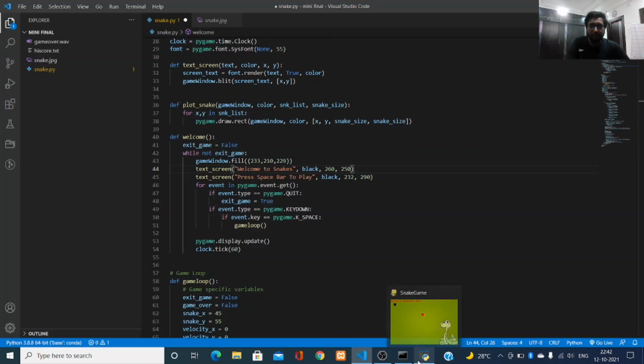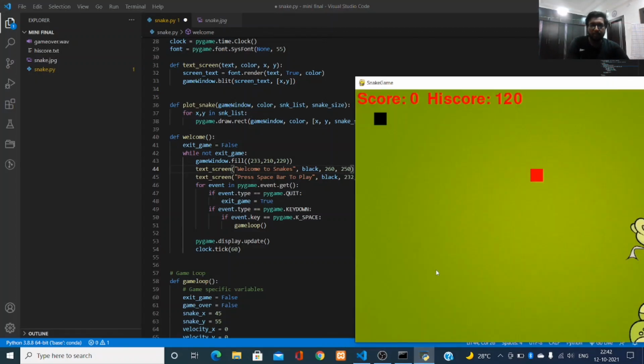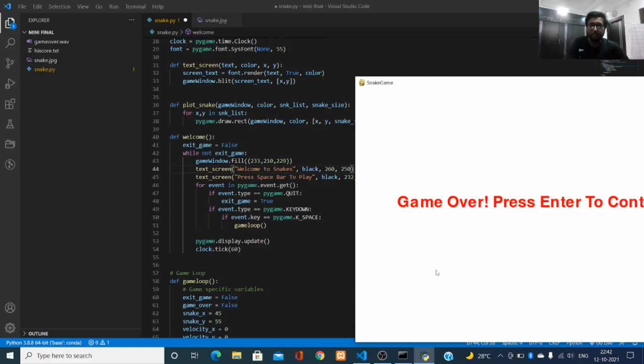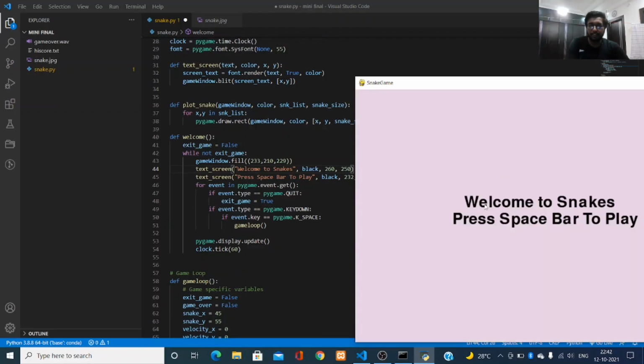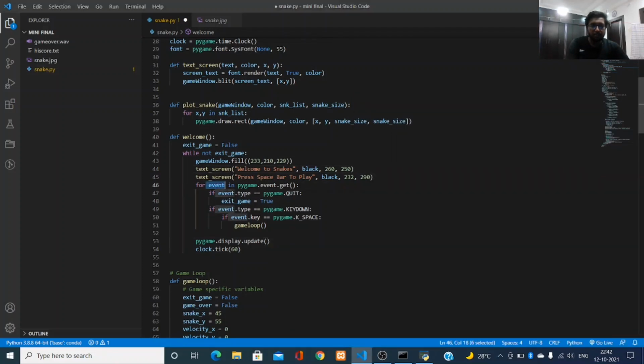It will print the text like that. Then I have used the event method. If the event dot type equal to pygame dot quit, then the game will stop and it will exit.